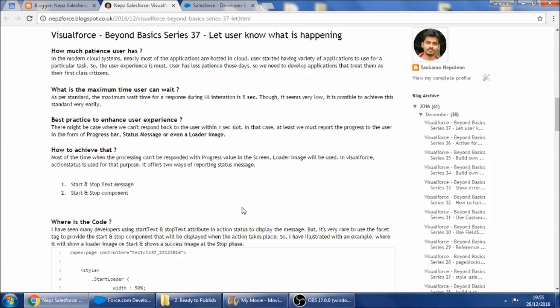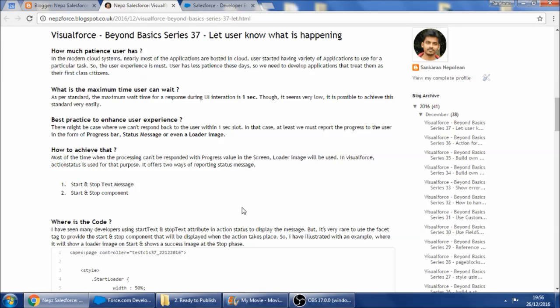So even in case it takes more time for processing on the server side, it could be that your action function is doing some callouts or doing some really intensive processing. It could take more than 1 second. That happened even in my experience. So it shouldn't be a problem. But the only problem is